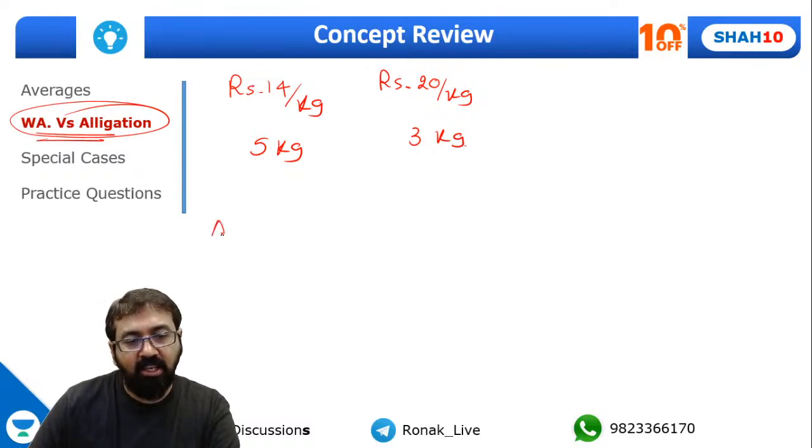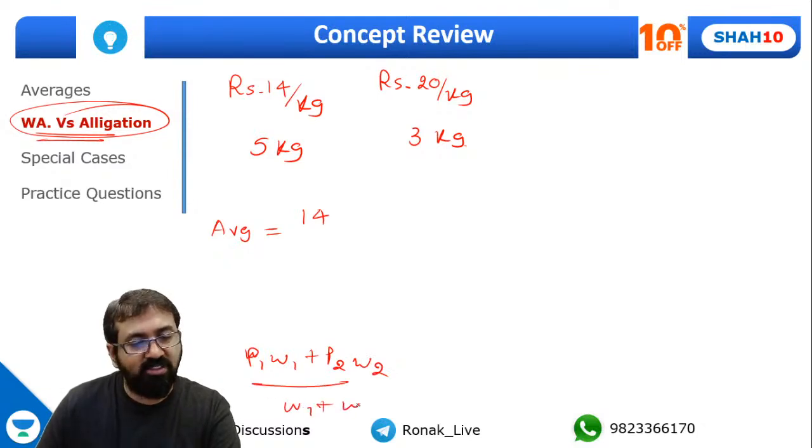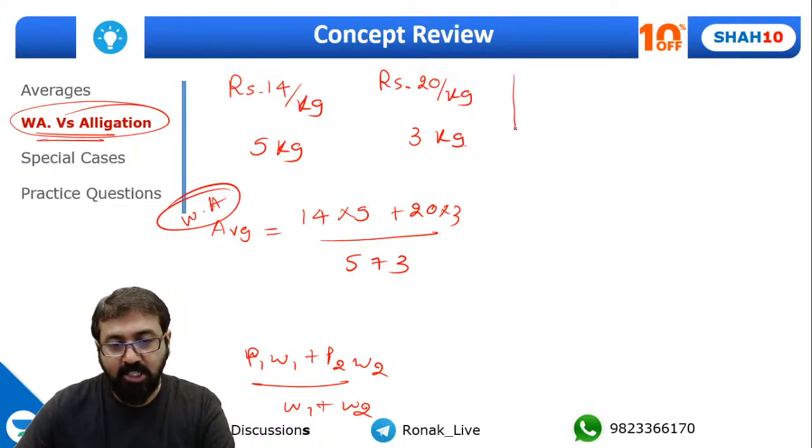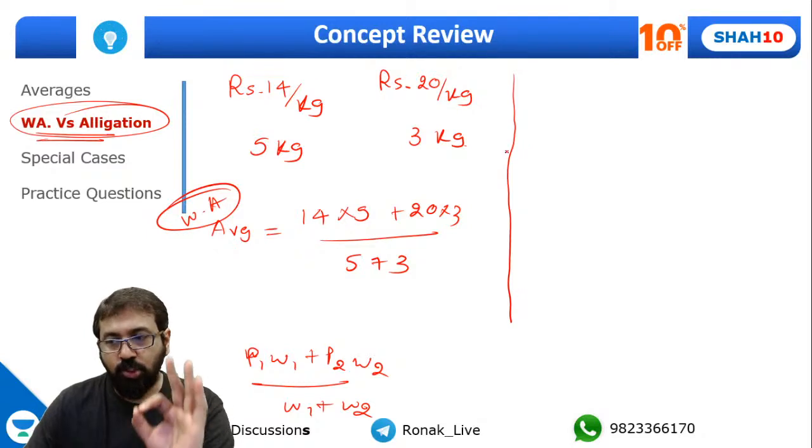And if I want to find out average of this one, so how will I do it? Basically we are using that formula, P1 W1 plus P2 W2 upon W1 plus W2. So this is how we can find out weighted average. 14 into 5 plus 20 into 3 divided by 5 plus 3. So this is weighted average. But instead of this one, if I give you this situation,